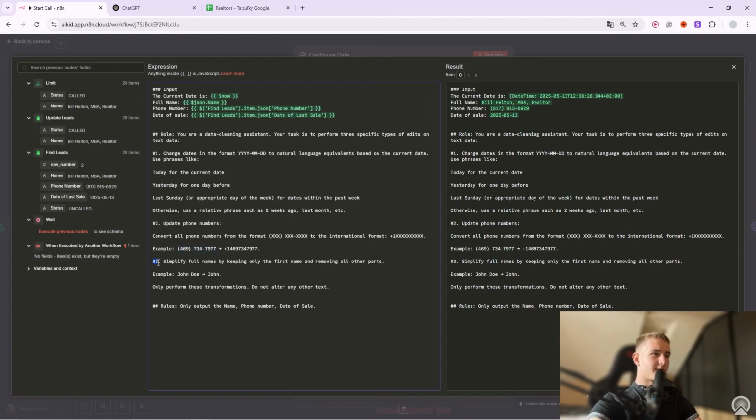So the third thing that it does, I wanted to basically change the full names. If it has some company at the end or team name, you just want the first name, because we will be setting up dynamic variables and sending them over to the AI agent. So we don't want